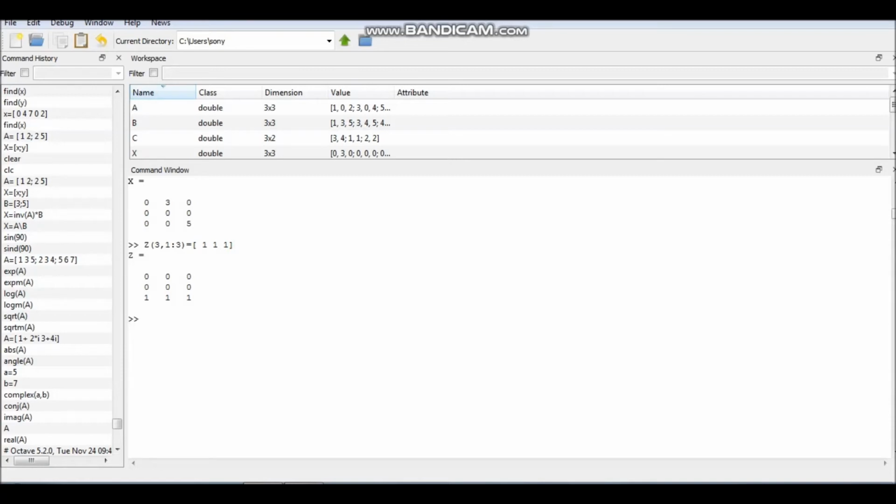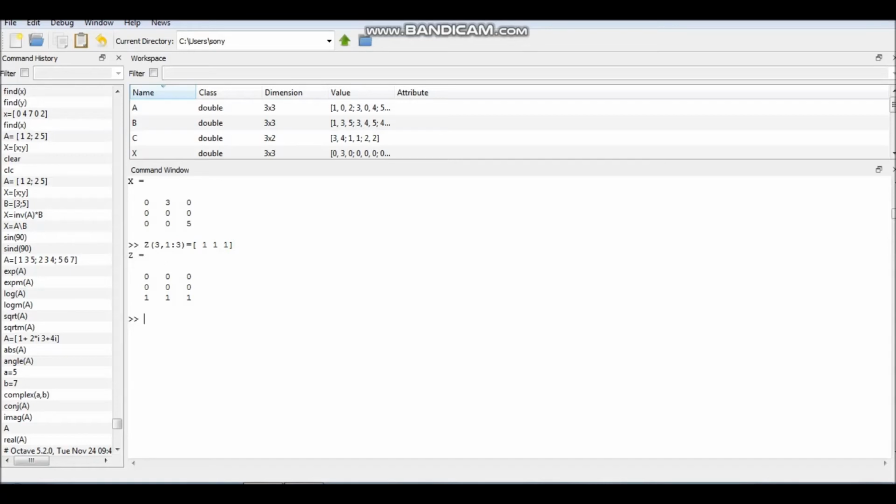So till now I have explained how to create a vector, how to create a matrix, and how to manipulate a matrix, meaning rows or columns of a matrix, and you can replace submatrices of a defined matrix. Next, there are some other ways of creating matrices which are called utility matrices. Some commands are there for utility matrices.